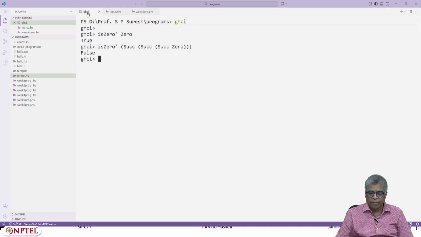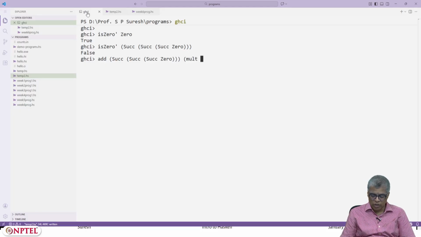The only thing that is lacking is to turn something from integer to natural number, because now I have to say add of successor of 0, this is for 3, with mult of successor of 0 with, you have to give your own long term.